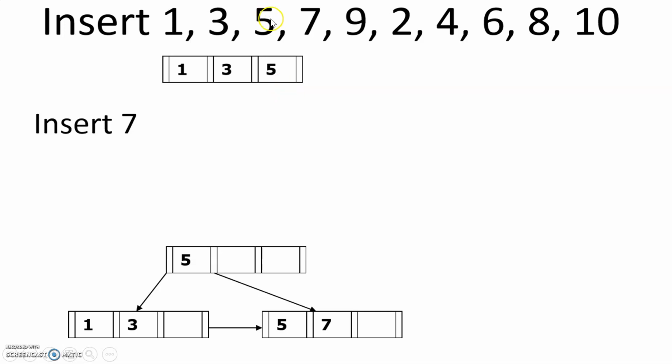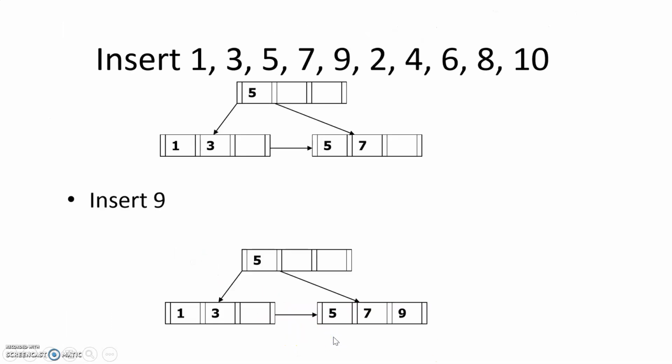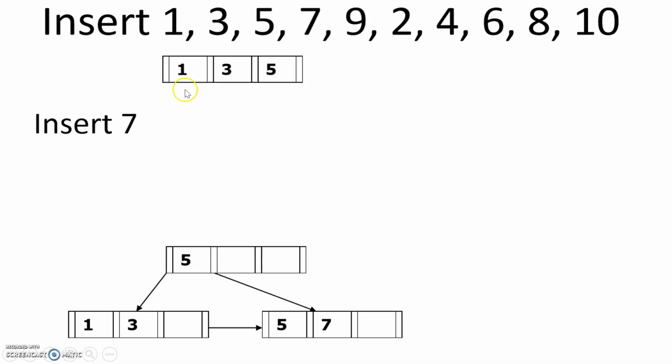When we split, the key which has become an index will also be there in the leaf node. So when 5 goes up, the index node will have 5 and the data node will also have 5 and 7. Please note this carefully. So this is the difference. I'm inserting 1, 3, 5, 7. So 5 is my central element. 5 will go up. To the left of 5 will be 1, 3. To the right of 5 will be again 5 and 7. So this is now my index node and these are my data nodes, and these data nodes are connected. This is the only small difference, and it applies only to the data nodes.